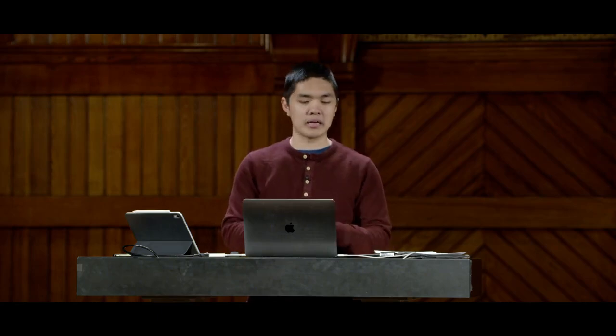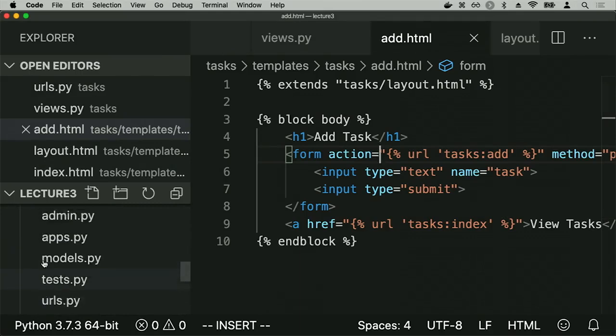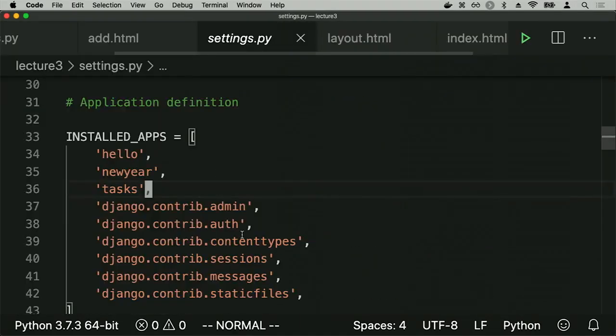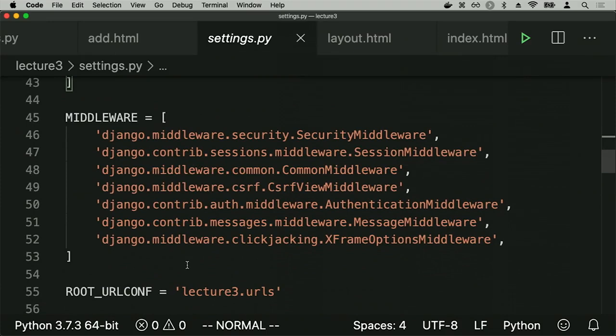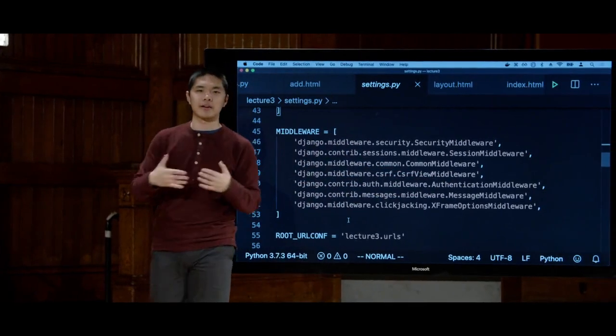And it just so happens that Django has CSRF validation turned on by default. And it's done so via a specific add-on known as Django middleware. Middleware refers to the ability in Django to intervene in the request-response processing of a Django request. And if I look at the settings.py file, if you're curious, for this particular web application, if we scroll down, we see there's a whole bunch of middleware that's installed by default inside of a Django application in terms of making sure that we have various different features hooked into this request-response processing. And one of those is the CSRF view middleware,